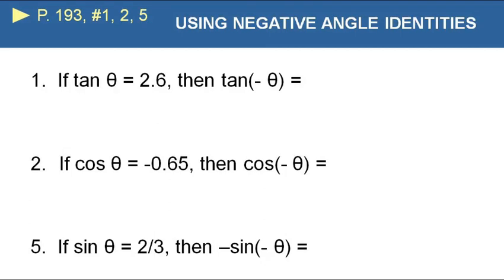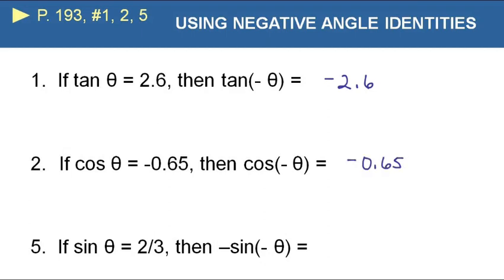Now let's do a few examples together. If tangent of theta equals 2.6, then tangent of negative theta equals negative 2.6. Look back at your identity and remember that the tangent of the positive angle is opposite of the tangent of the negative angle. Okay, number 2, if the cosine of theta equals negative 0.65, then the cosine of negative theta